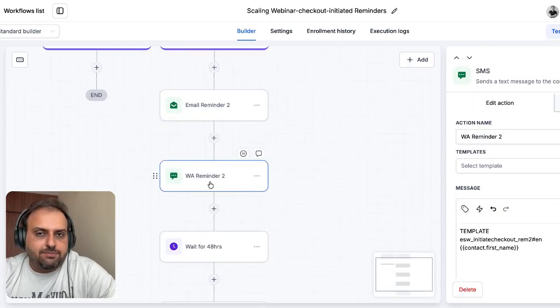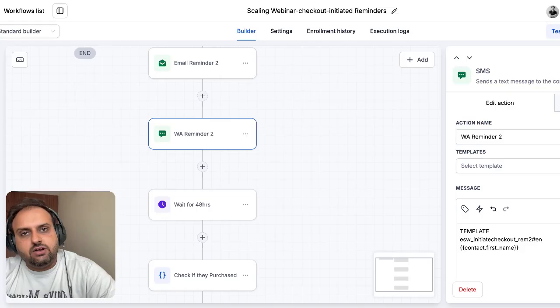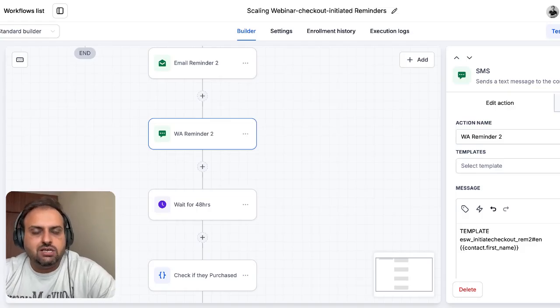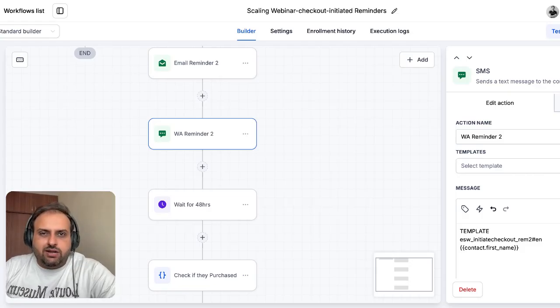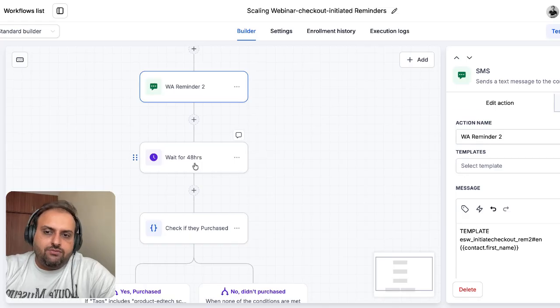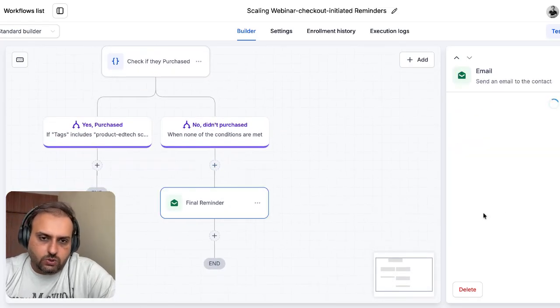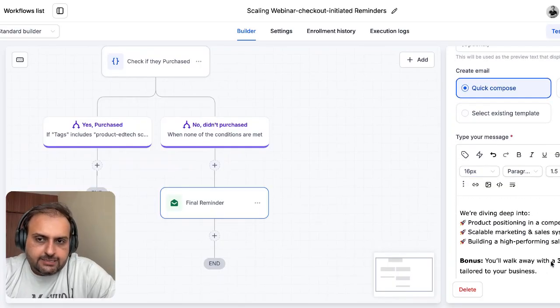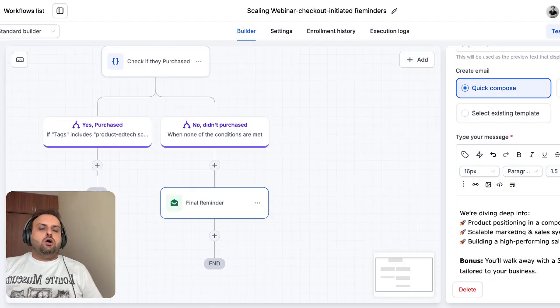Same will go on WhatsApp, a shorter version, along with the CTAs, as I mentioned. The CTA is register for the webinar here. In the VSL funnel it was book a call with us, which is free of cost. And again, you can charge for that call as well, like 199, 499, whatever. Then wait for 48 hours. Again, yes or no, a final reminder will go to them. So this is a 3 to 4 step entire follow-up for people who are